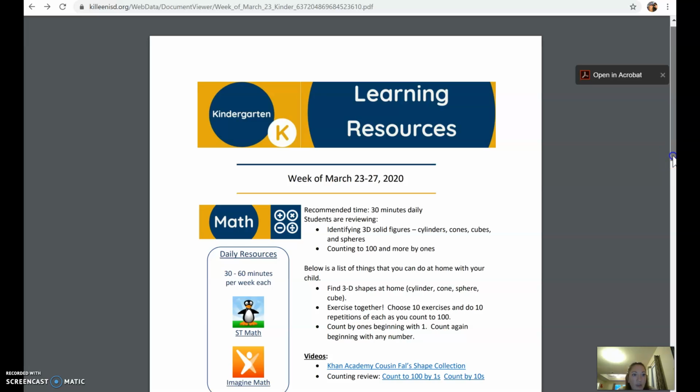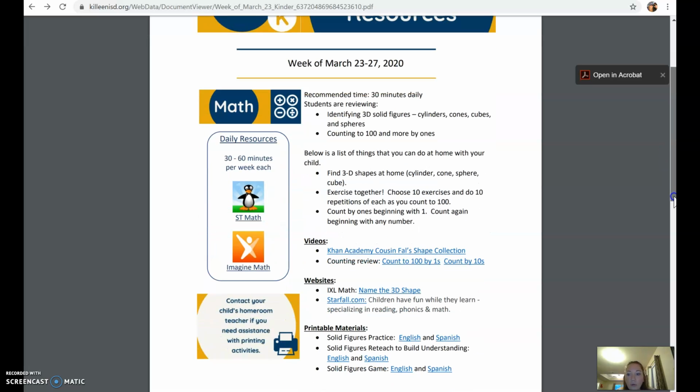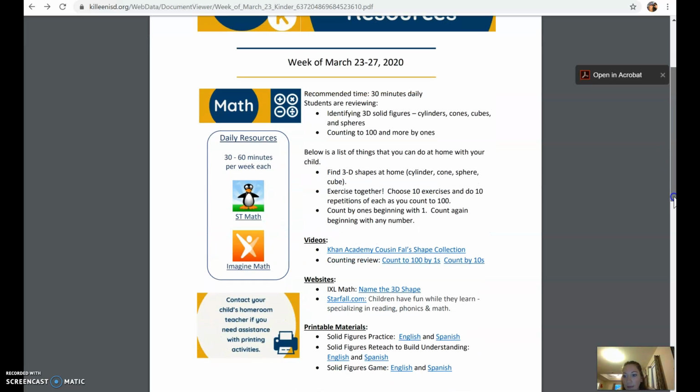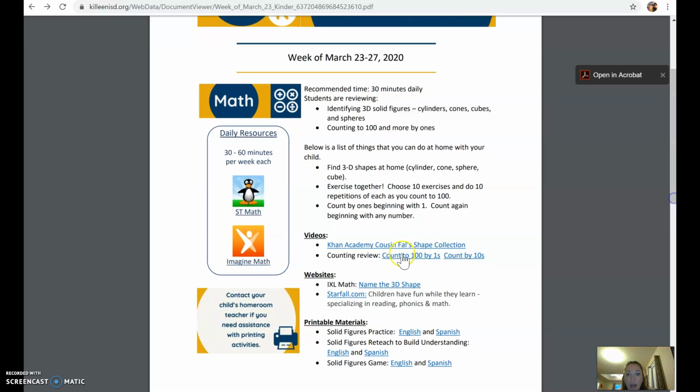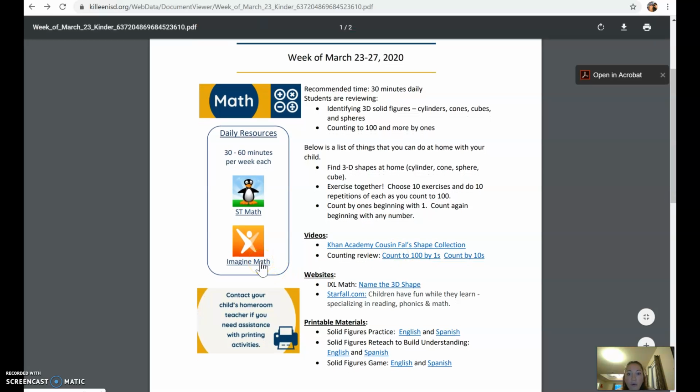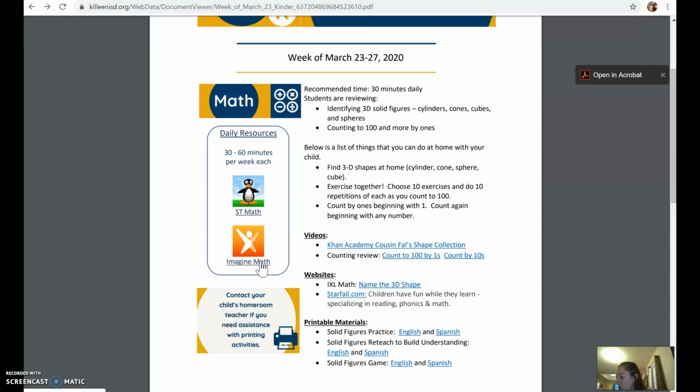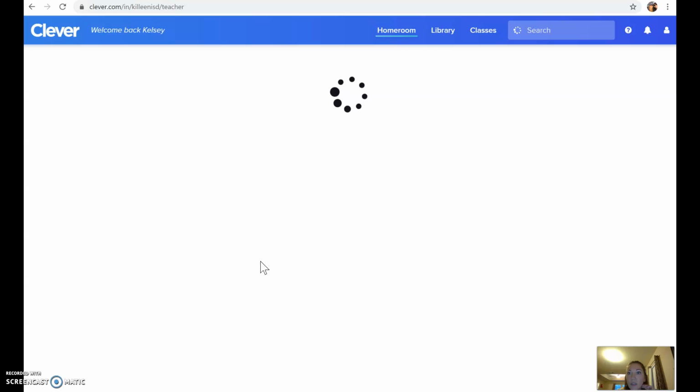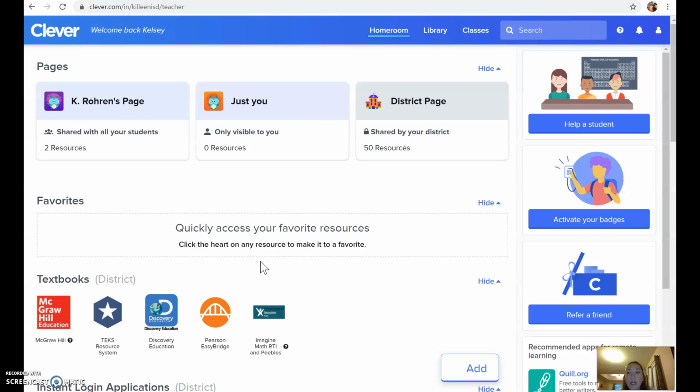And then let me show you, though, how to access the Imagine. So this is a clickable link, so you should be able to click on that and it will take you right into Clever. Clever is just the program that they're using for you to access all of the apps that we're using during this time. So this is where your student would log in